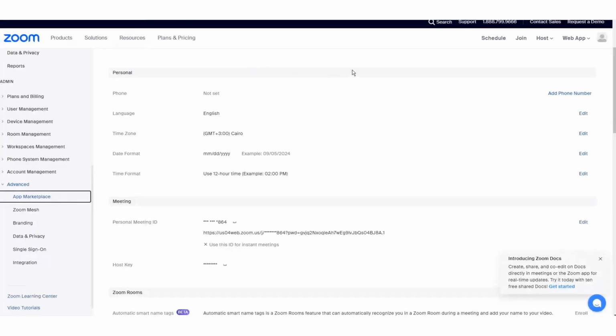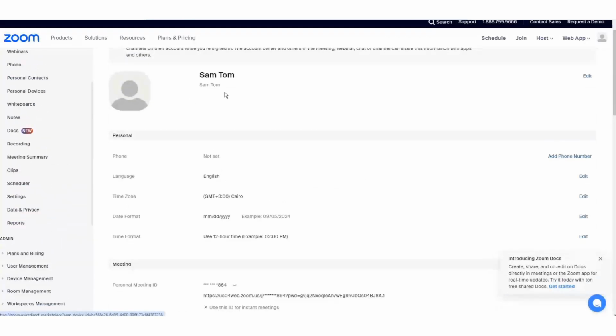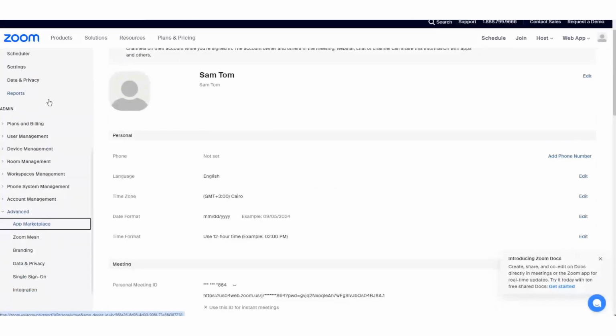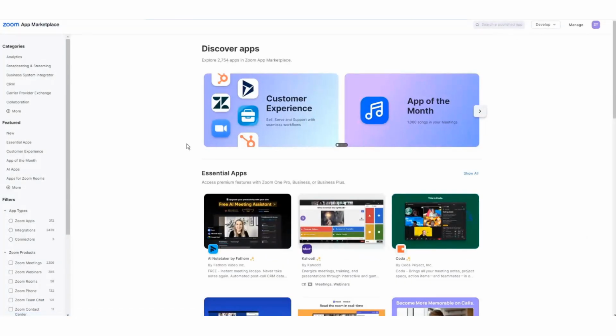You log in. Of course, you first need to have a Zoom account. If you don't have a Zoom account, create it. It's free. You go to zoom.com and you create the account. And once you create the account, this is a personal account. So you go here under the admin, you will find advanced. So you click on the add marketplace. Once you are in the marketplace, you go on the right side under develop and you say